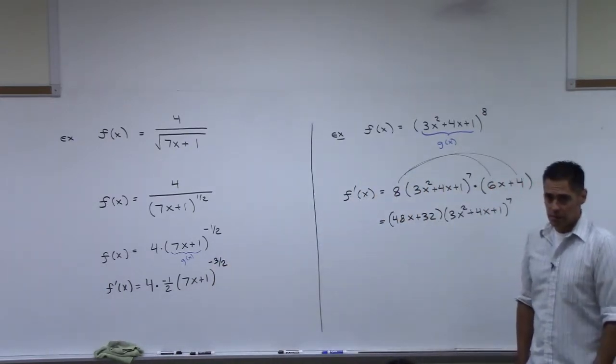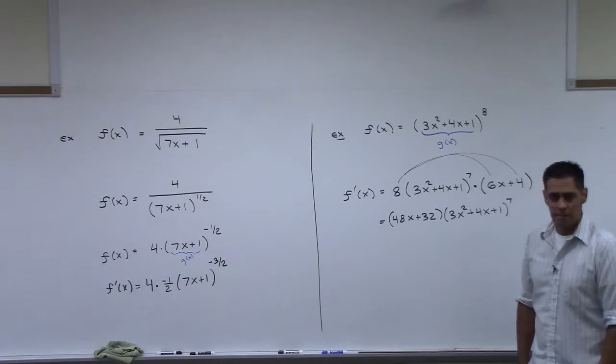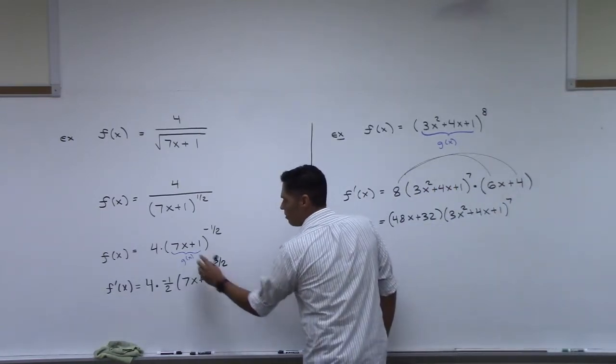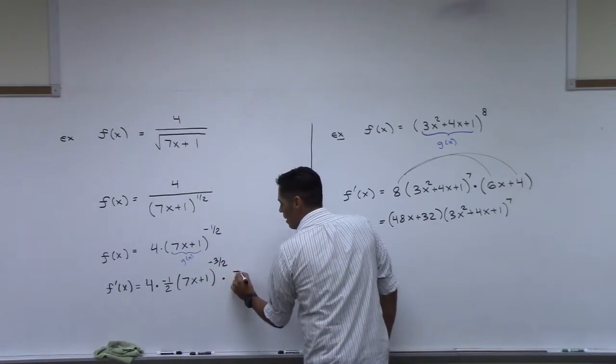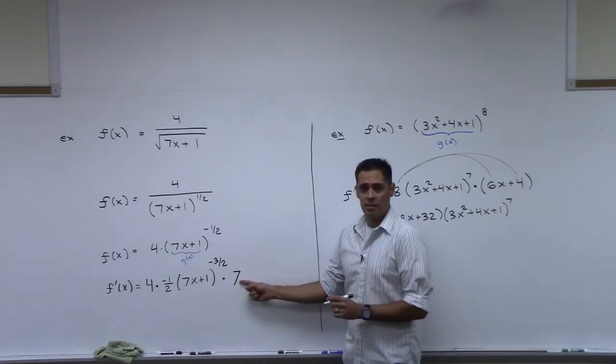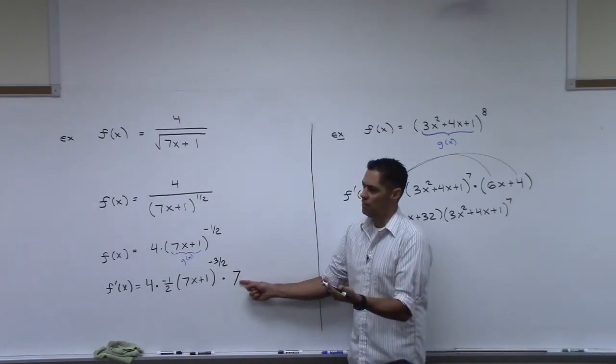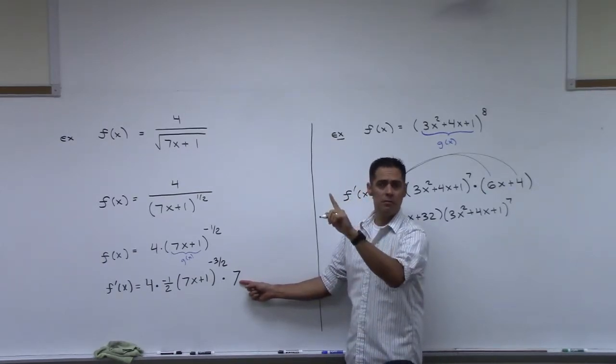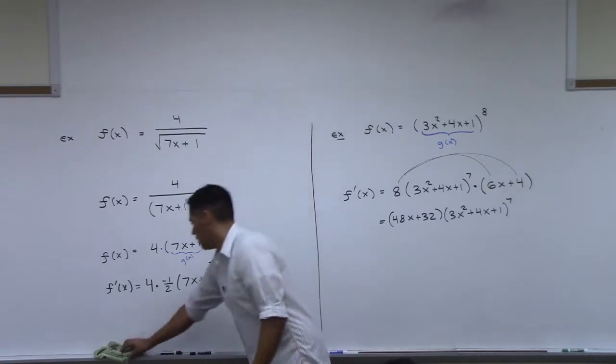Okay? Are we done? No. You still have to times it by the derivative of this, which is just 7. And I don't need this in parentheses because it's just one term. That makes sense? I thought I saw a question. Oh, no, I was just going to ask why